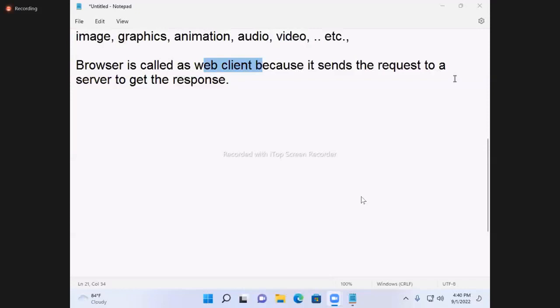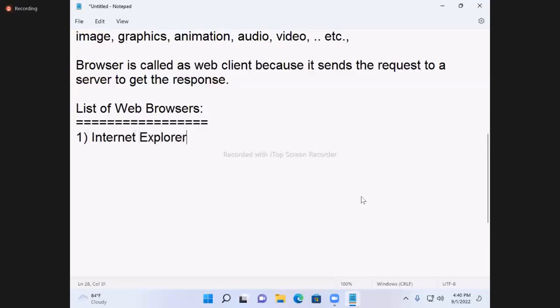Many browsers are there; you can select any browser. Write it down: list of web browsers.